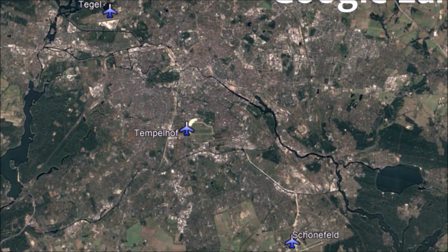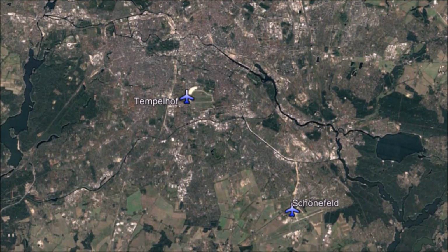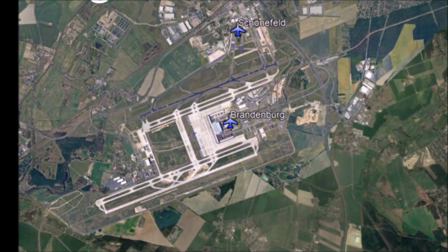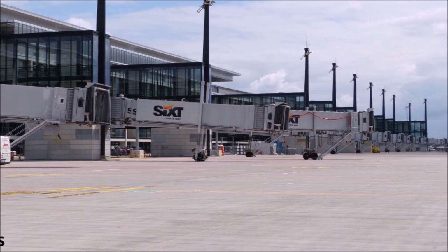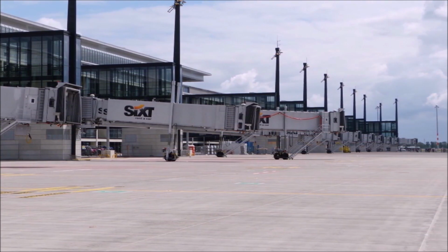After the fall of the Berlin Wall, it was decided to give the city a brand new airport to replace Tegel and Schönefeld, to be built immediately south of Schönefeld, reusing one of its runways. Berlin-Brandenburg Airport was due to open in 2011, but its opening was delayed, then delayed again, then delayed again, and as of recording in June 2020, it's still not open. Brandenburg Airport is due to open in October this year, but I reckon the chances of that happening are pretty